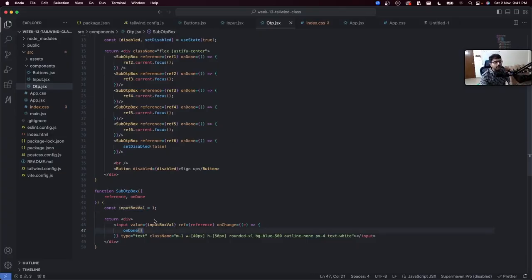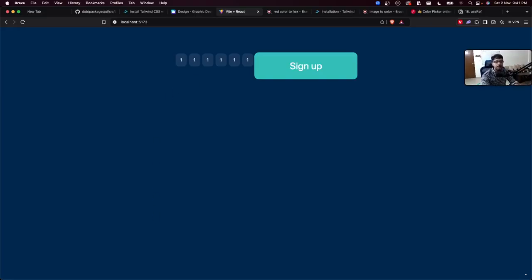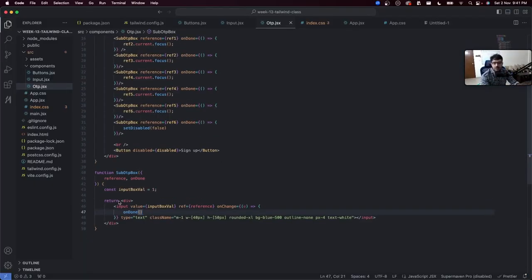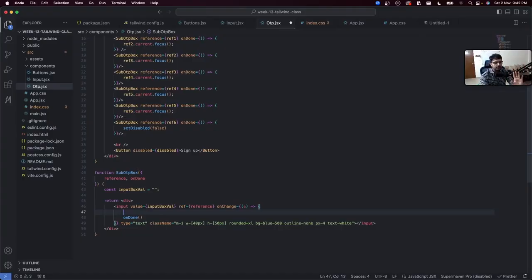Why would you want to do that? क्योंकि अगर मैंने यहां A टाइप किया या B टाइप किया या C टाइप किया, that should not change इसकी value. This should only work if the user presses a button from 1 to 9 or 1 to 0, whatever. This should not work if the user presses A, B or C. So how can you fix that? आप क्या करोगे कि यार ये जो जब भी user is putting some value there, firstly you initialize the value to be empty only. Then you will say कि यार if the user has pressed a button, क्या वैल्यू आई है? If the value is